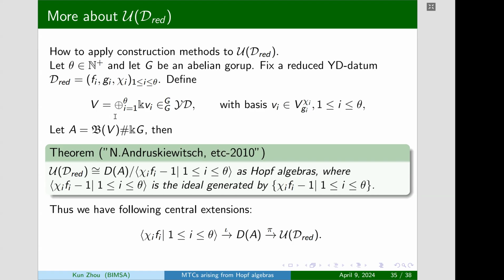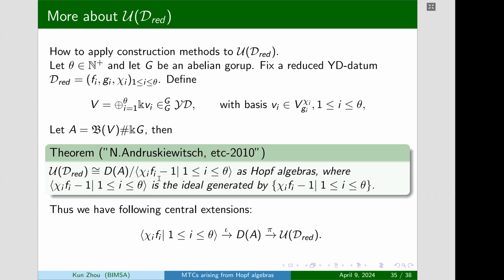Here, V is the direct sum of the V_i, where the basis V_i belongs to the Yetter-Drinfeld module of g_i and chi_i, which means the coaction of V_i is just g_i tensor V_i, and the action is determined by this character. And so we then have a bosonization as follows. Here, B(V) is just the Nichols algebra of V in this related tensor category. Then the following result shows that the Hopf algebra U_D reduced is isomorphic to a quotient of the quantum double D(A) as Hopf algebras,